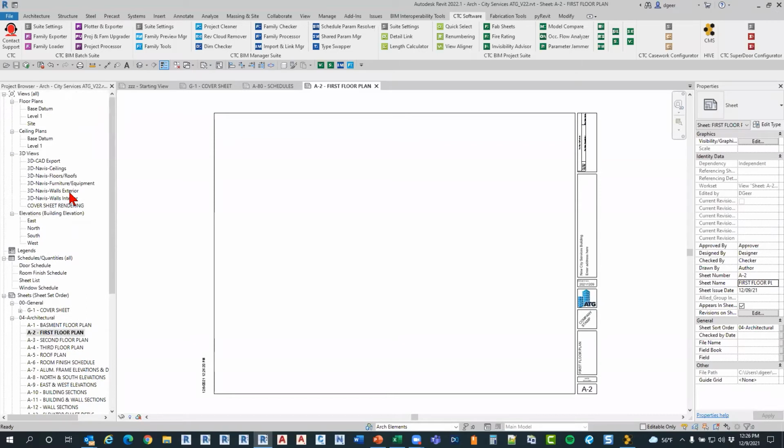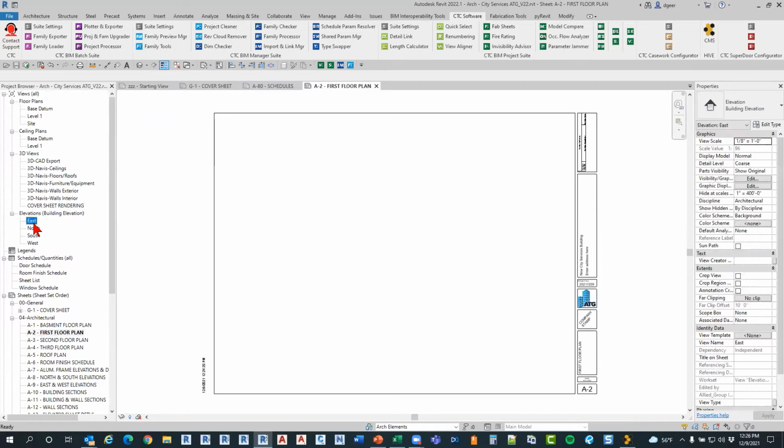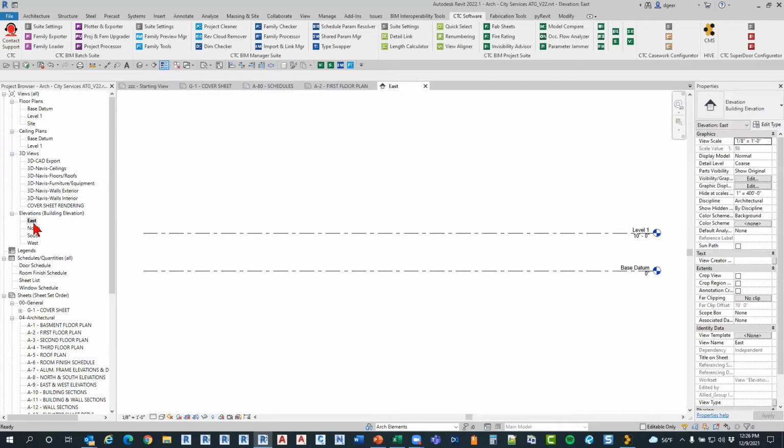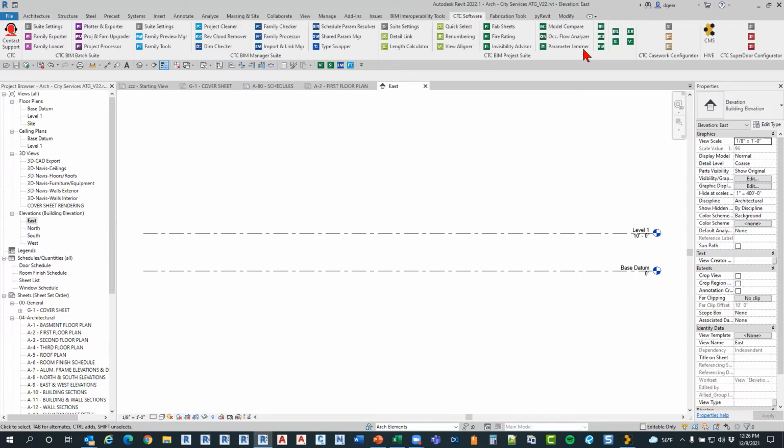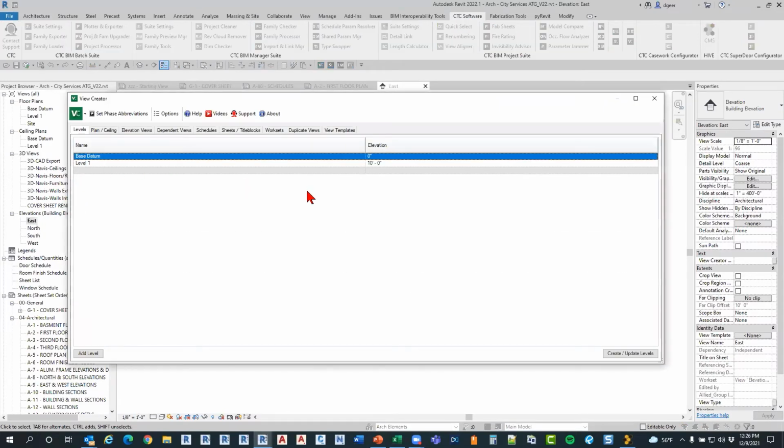So now what I want to do is I want to come in and set up the rest of the project, right? So I could go in and I could go duplicate, or I could come in and do arch levels and start placing levels. Or I can come in and use a tool that I really love using, which is the View Creator. That View Creator tool allows me to